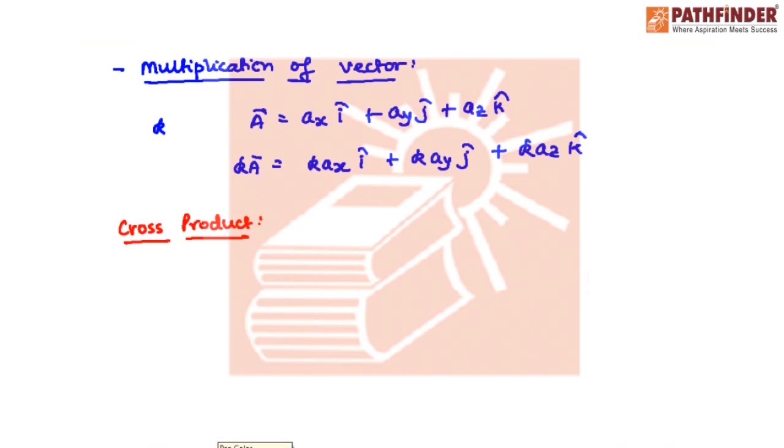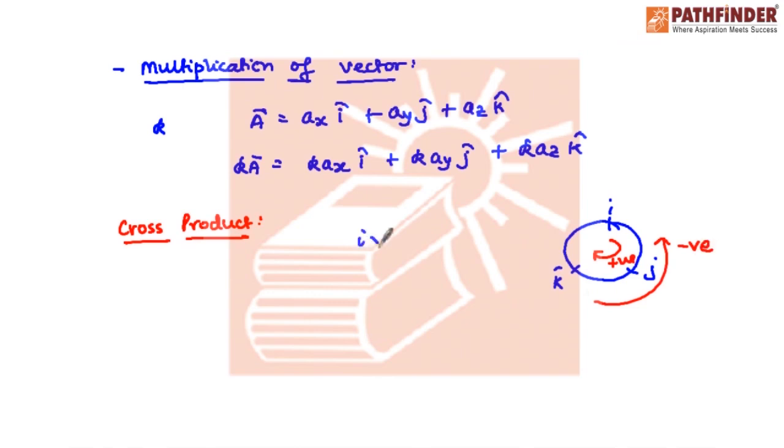Now for multiplying two vectors using cross product, one aspect which we use is the right hand rule. So if we multiply like this, then we say that the direction will be treated as positive, and if we go in this direction, we say that the direction will be treated as negative. I mean to say that if we are writing i cross j, we will write it as k cap with a positive sign. So we are going in this direction, so i cross j will become k. And if I write j cross i, now we are going in this direction, this will be negative, so we write it as minus k cap.